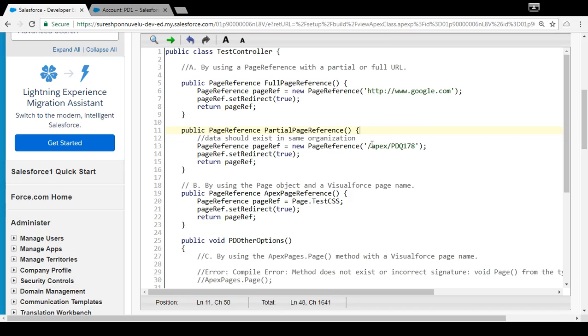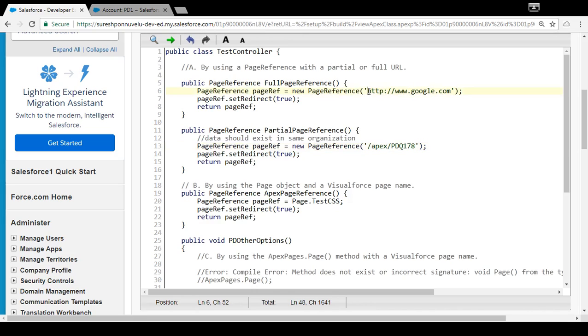If the data exists in your same organization, then you can use either full page or partial page, because partial page is enough. You don't need to give the entire path. You just give the path of the page where you want to navigate. So this makes your work a little easier.